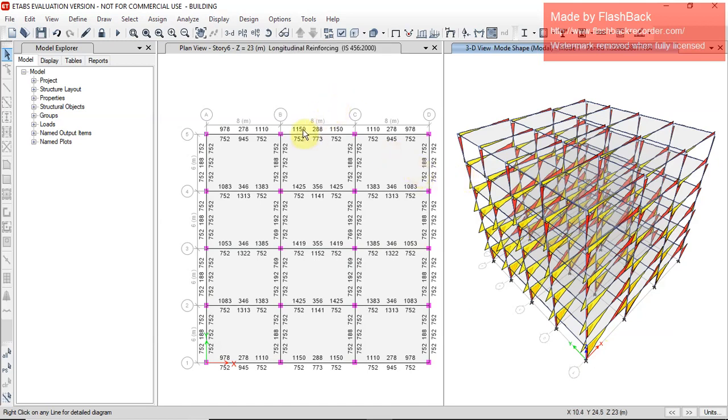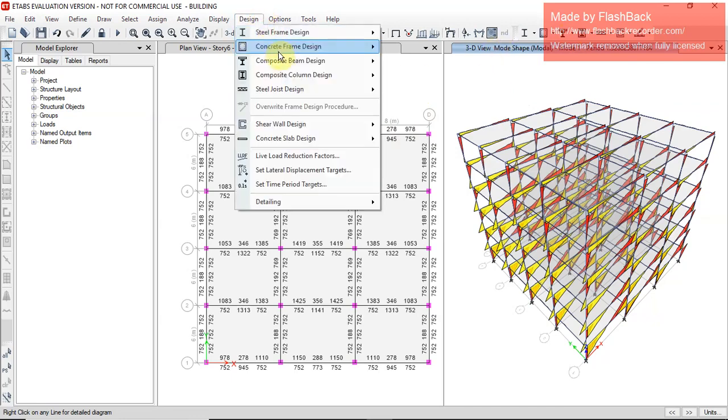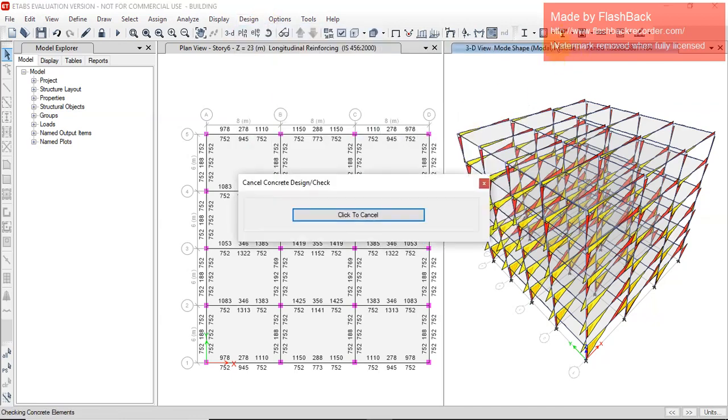In this plan you can see the bottom diameter and the upper diameter in the beam. Here you can see it in this 3D view also. Now we put design check in this. This is the reinforcement details in a beam and column. Here you can see all the detailing for a beam, for a column, for a slab.